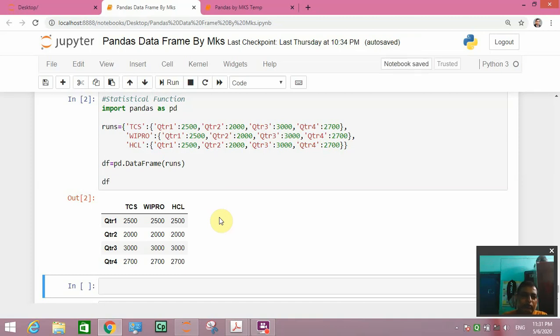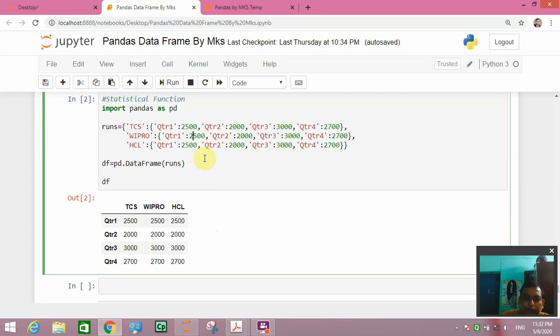So suppose we want to change some values first, because we are having the same value in all the frame. So give some different values and then it will be good for us.